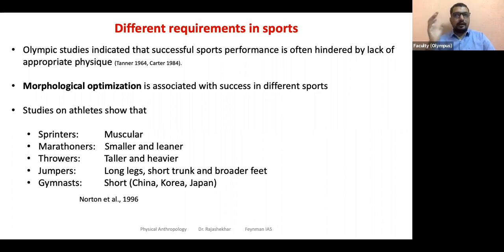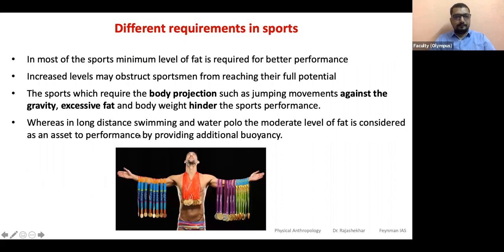Otherwise, what happens? You can randomly choose people because they have passion. Passion is definitely an important thing, but if the body is not supporting, how much can they perform? Another person who has great genetic potential and the same amount of training can outperform you. So we are trying to not take any risk here. Basically, you are trying to do the best selection. Use science to select people, train them best, expect more medals. So basically, using anthropology for attaining that.